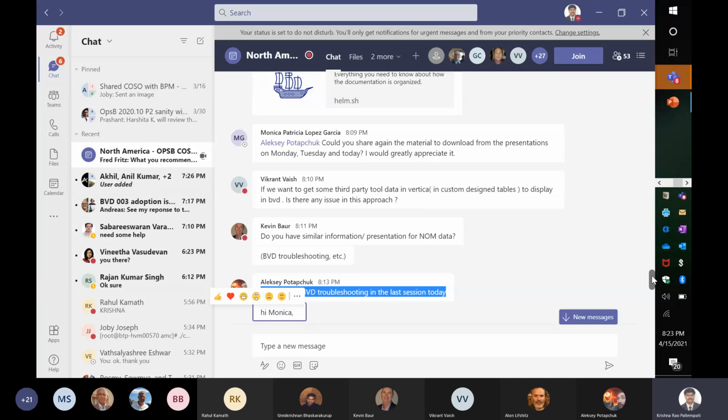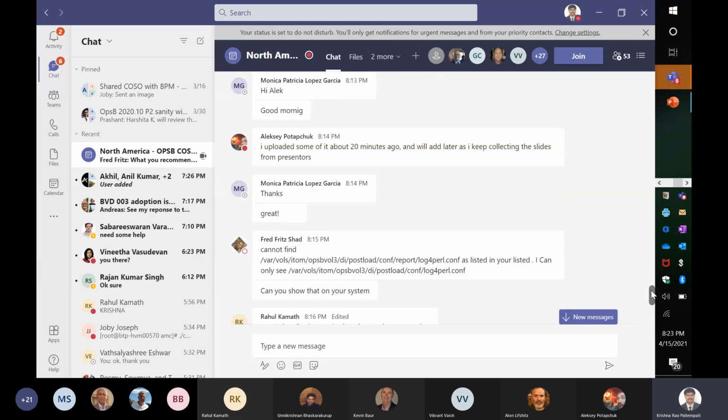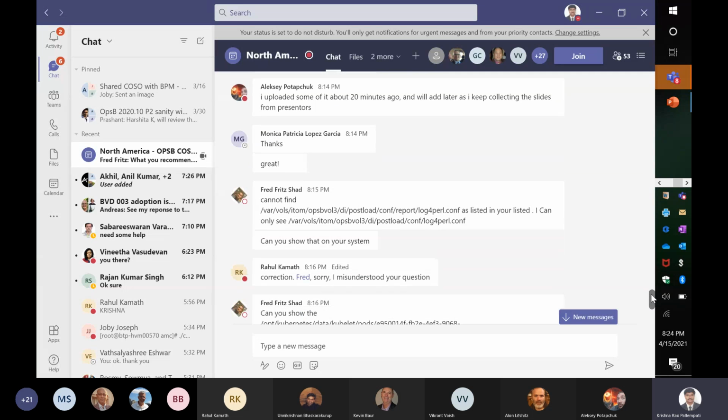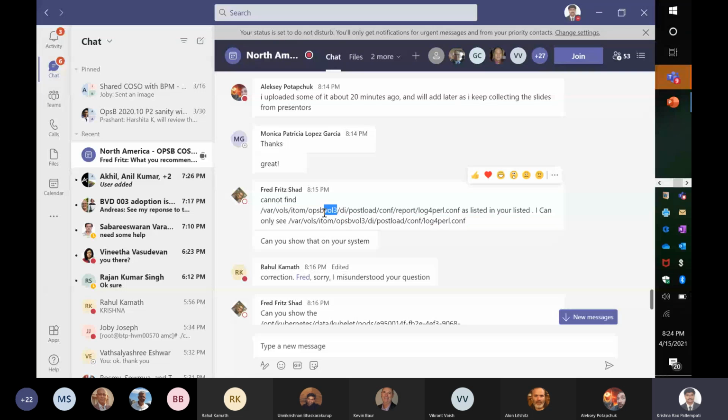I think still some of the data is not found here under OPSB volume 3. Maybe not. I think we need to look into this part of volume 3 or not. I will come back. I will paste the actual location here once after I check. Okay, can you show the OPSB Kubernetes?